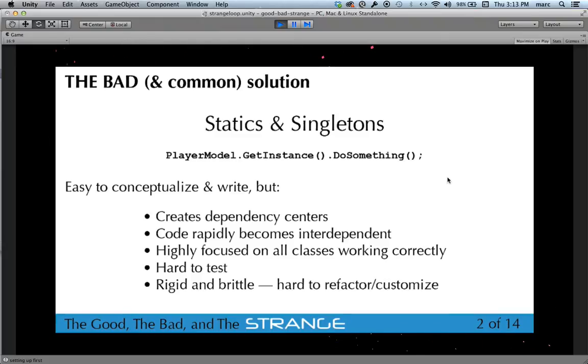Well, for one thing, every time I have to access a player model, I'm creating a specific concrete dependency somewhere else in the app. So if I have a button that, when it's clicked, says playerModel.getInstance().addPoints or levelUp, or birth if I want to create a new instance because the last one died. Anytime I communicate with the player model, I now have a concrete dependency, and the more of those I have, the more complicated and interconnected my application starts becoming.